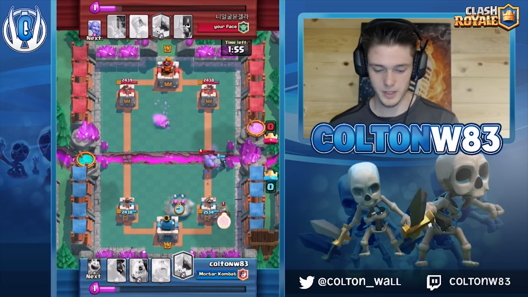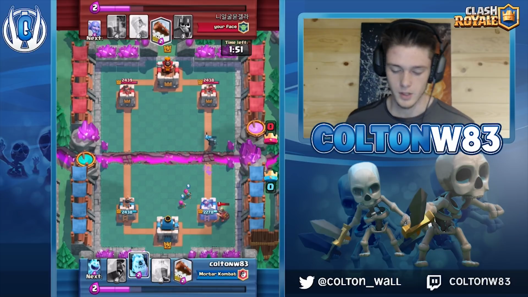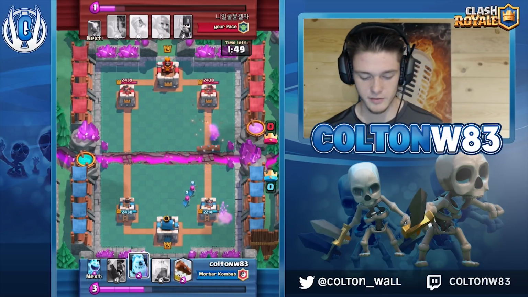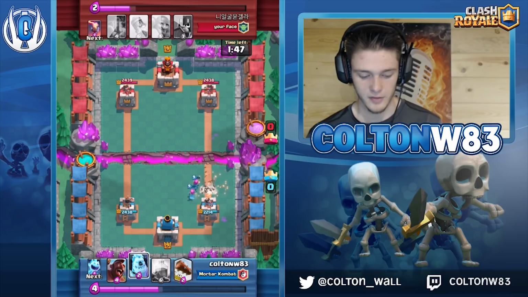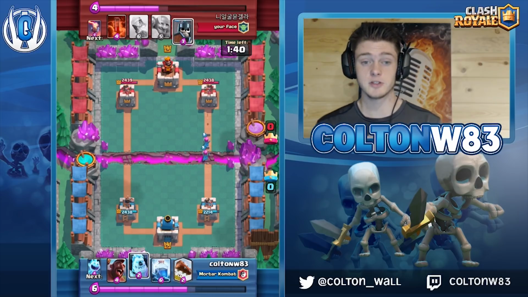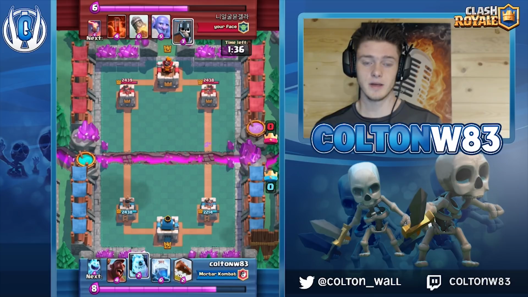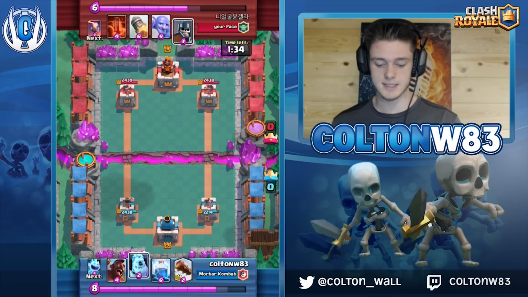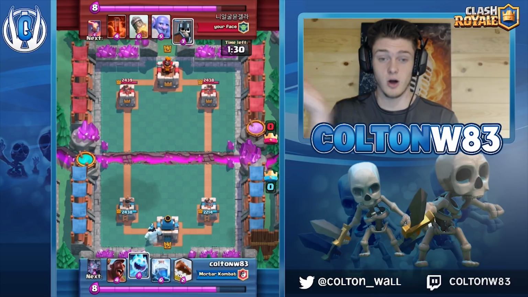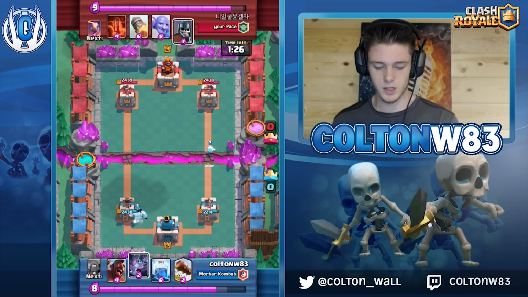I decide to go Mini P.E.K.K.A, decent value there. It takes out the Electro Wizard and the bowler. Archers will finish off the miner, and then I think I decided to go hog here, yes, because I know he's low on elixir. No, I didn't. Okay, so that would have actually been a good situation to go hog, because I should have known he was low on elixir. I decided to wait, and that's kind of one of the situations where I say you should play hog at... I think I'm trying to be really cautious. I know not to go hog now, because I know that he has bowler back in rotation, but I didn't want to